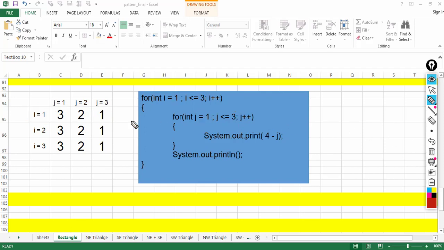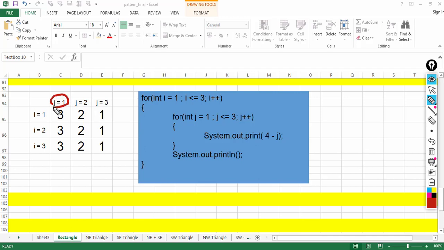So if I somehow do 4 minus 1, it will give me 3. So 4 minus 1 will be 3 here also, 4 minus 1 will be 3 here also, but we don't need 3 3 3, we need 3 2 1. So I is not helping us. So what we can do is we can check J.